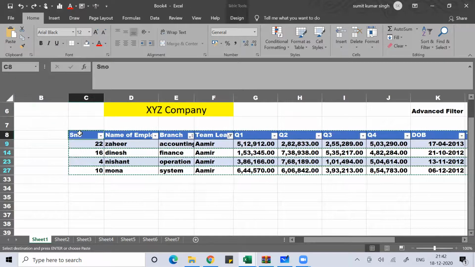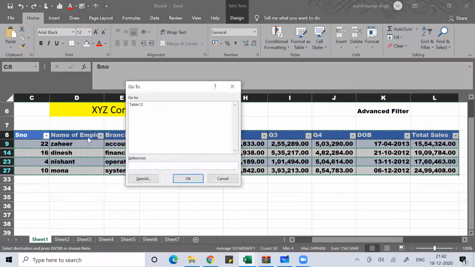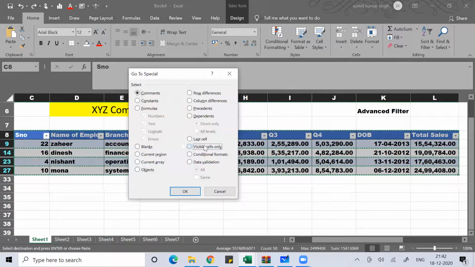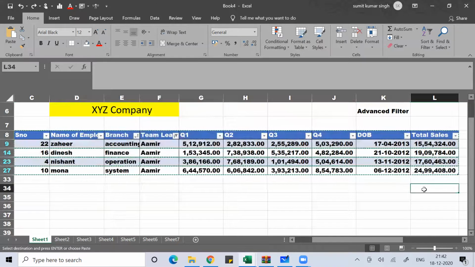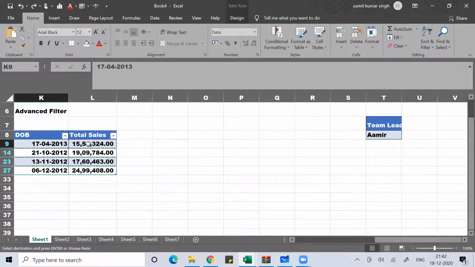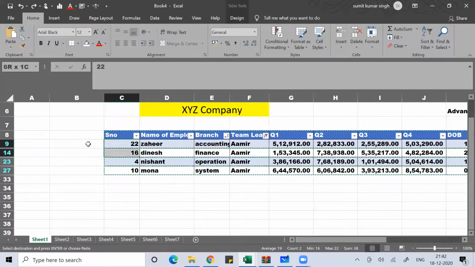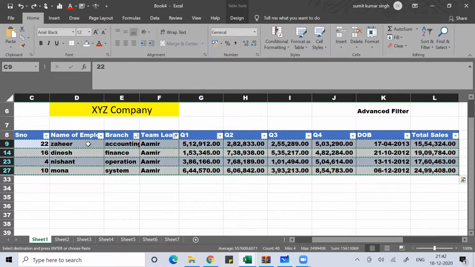First select them, then press F5, go to Special, visible cells only, OK, Control C, then Control V. There's a problem, I guess because of this column number. So ignore the column number. Just copy this data, Control C.